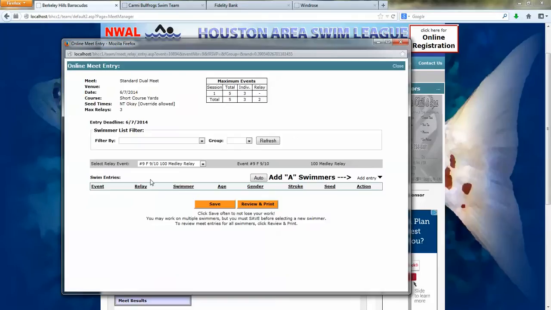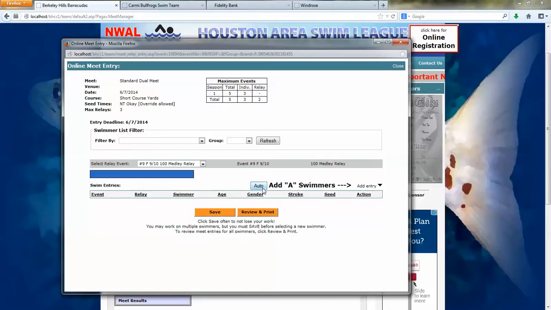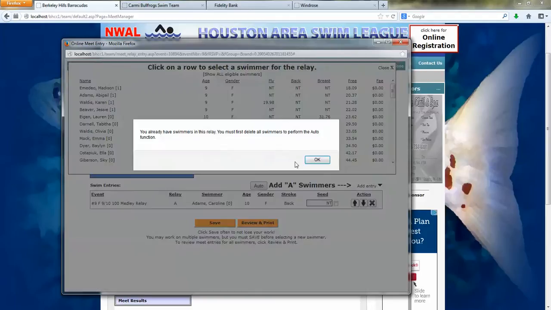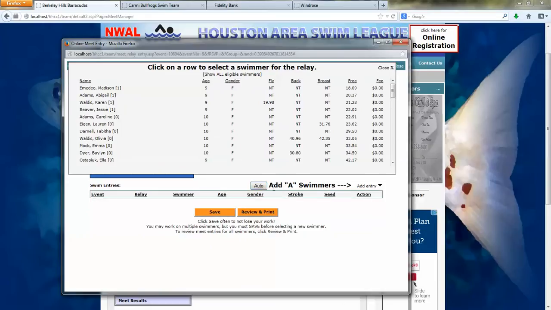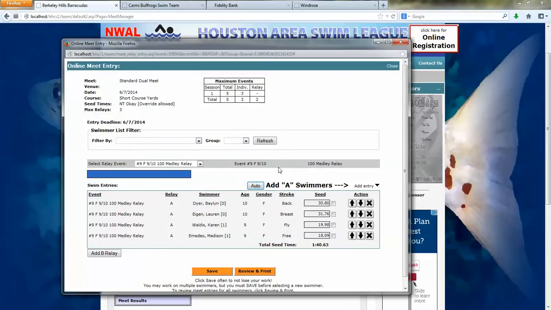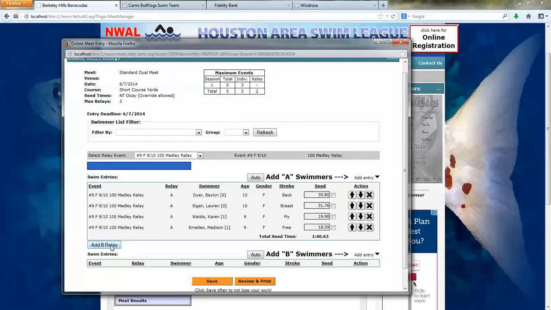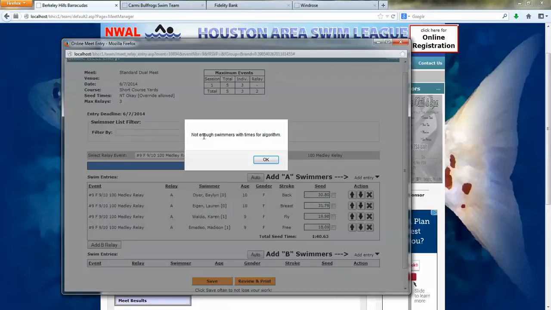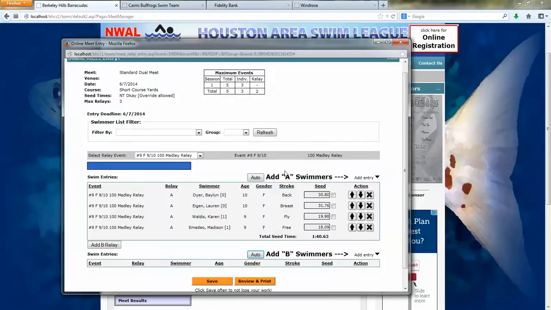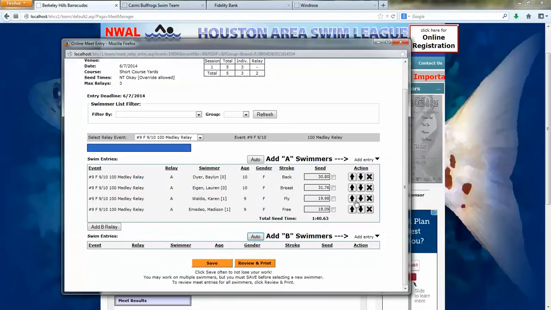If I have a bunch of times in the system already, I can just hit auto. I'm sorry, if I hit auto, it'll put the 4 fastest times in to create the fastest combined time among all swimmers. If I wanted to add a B relay and run auto again, it'll do that. But in this case, there's not enough swimmers with times, and so it cannot figure out what the second fastest relay would be. But what I can do is add swimmers manually, so I'll hit add entry,